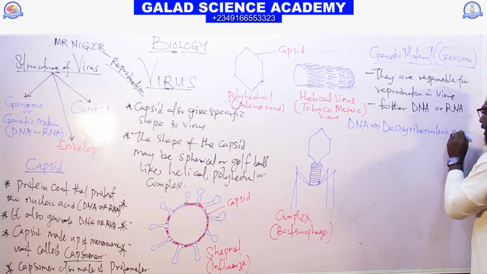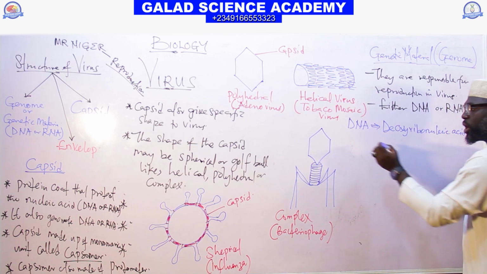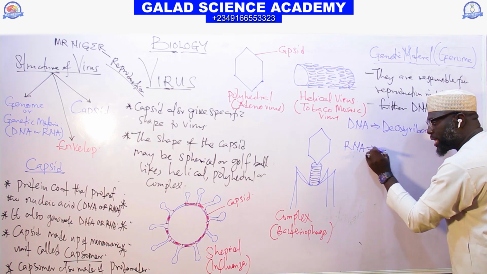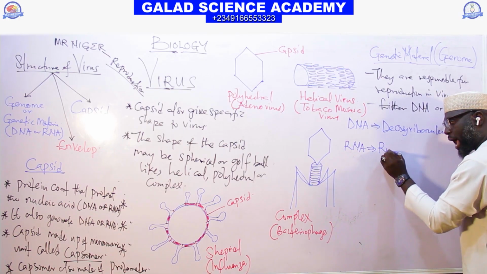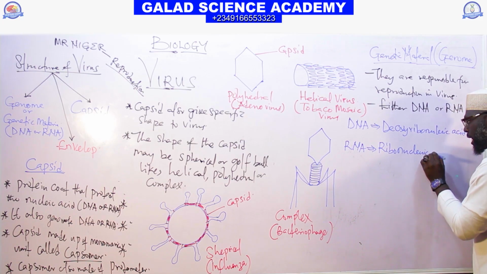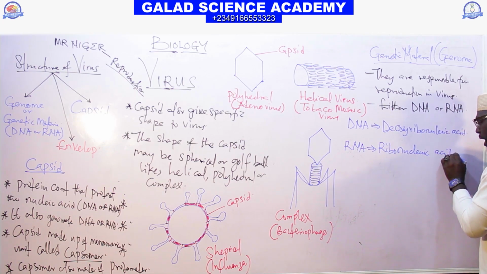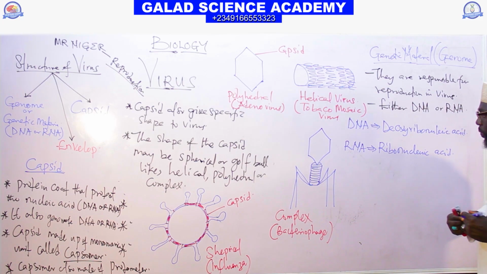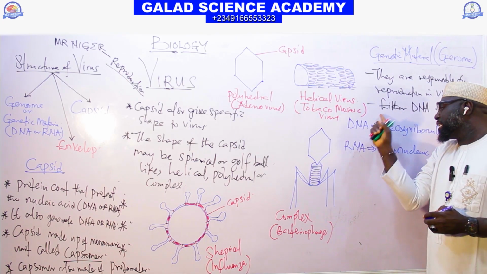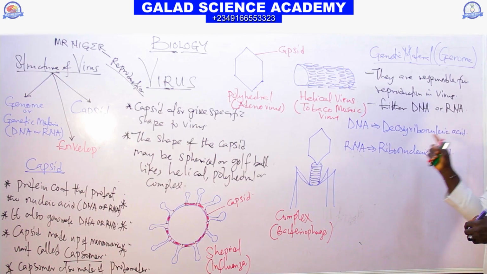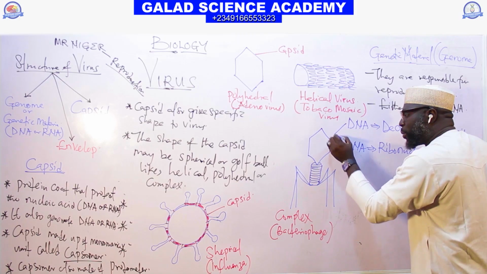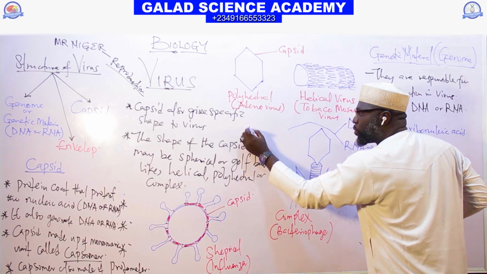Deoxyribonucleic acid. Where RNA means what? Ribonucleic acid. So DNA means what? Deoxyribonucleic acid. RNA is what? Ribonucleic acid. The two of them are components of what we call